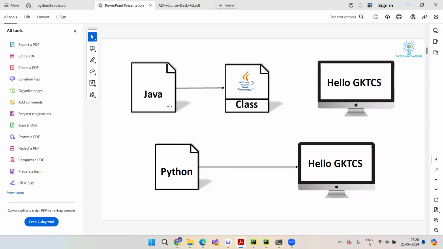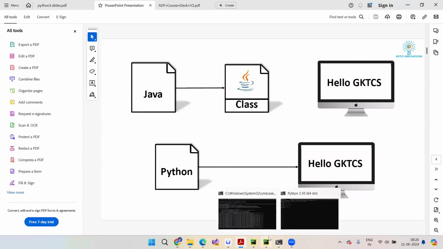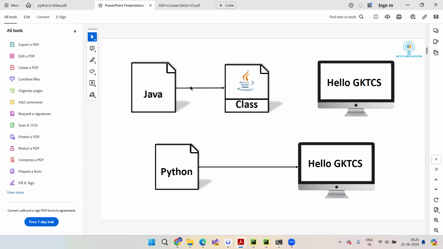In Java there are some intermediate things that get generated. This is an intermediate file, or you can also call it byte code, intermediate code. This intermediate code is required in case of other languages, but in Python we don't need it. We don't store such intermediate code in between. We simply convert a Python code to the output that we want to see.